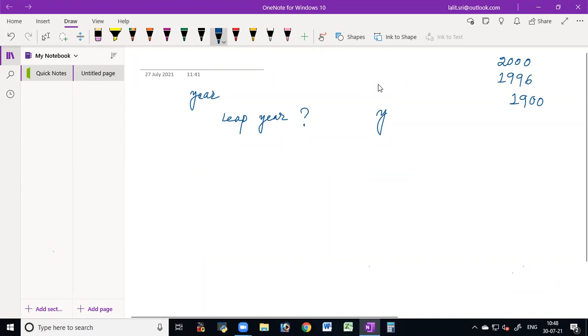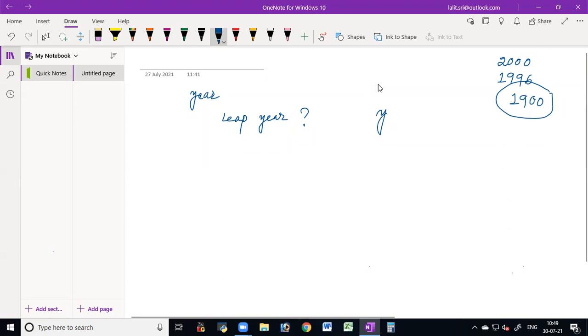Suppose any year you are given, you will enter that year to the computer, and the computer will calculate and check whether the year is a leap year or not. So what is a leap year? In which year one extra day is added to the month of February. So if a year is given, how can I know? Only one input is there. Suppose 1900, 2000, 1996, 2021, 2020, like this.